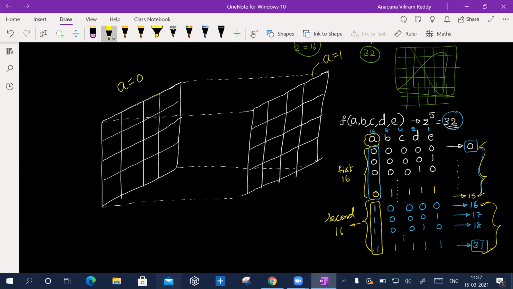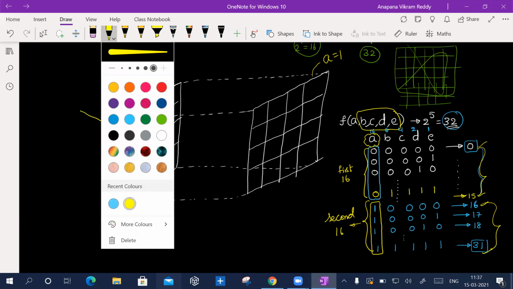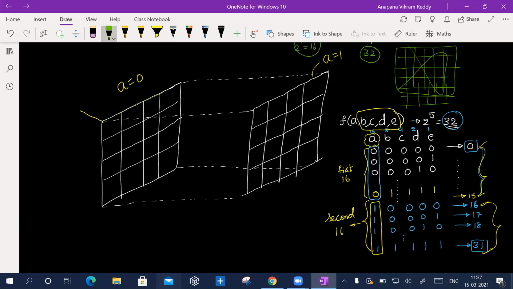And what about the remaining stuff? I have B, C, D, E, right? So A I covered for both K-maps. Now I'll take B, C, D, E as usual. Here also same thing, this is B, C and D, E. Agree? So again, same story. Everything is same, there is no difference now. See, this is 0, 0, 0, 1. And what about this?